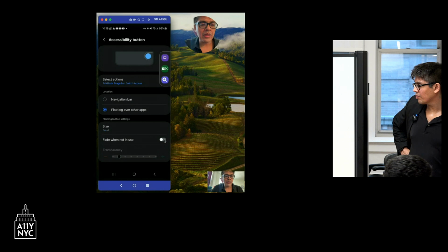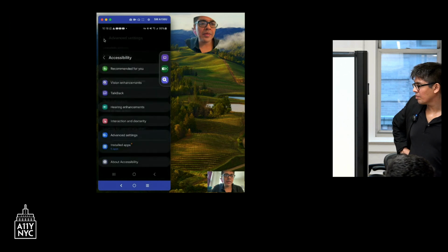I can have it fade in when not in use. So if there's an accessibility option that's not being used, this icon tray will slide out and slide in. If I always want it present, then I can set the transparency so that I can see anything that it's hiding. In this case, I'll make it completely solid, so it's seen that it's over other apps. And so now if I leave my accessibility button settings,